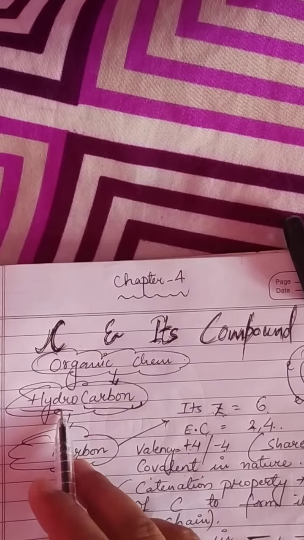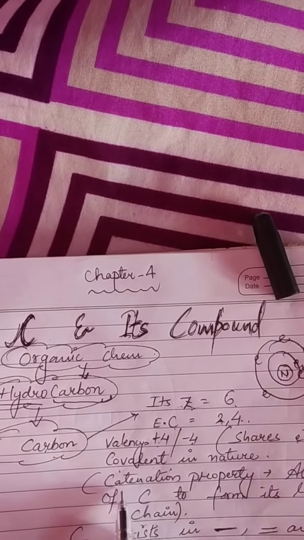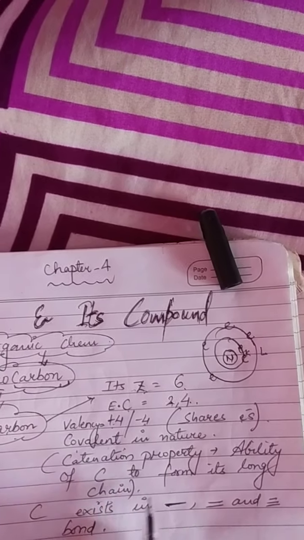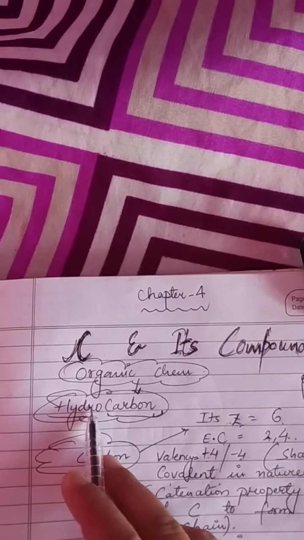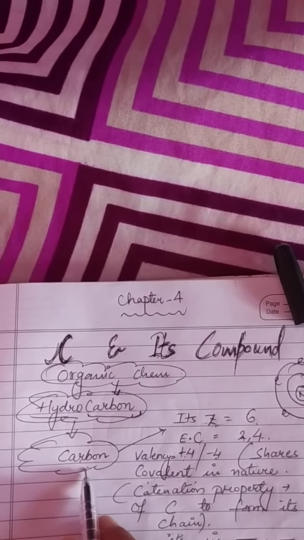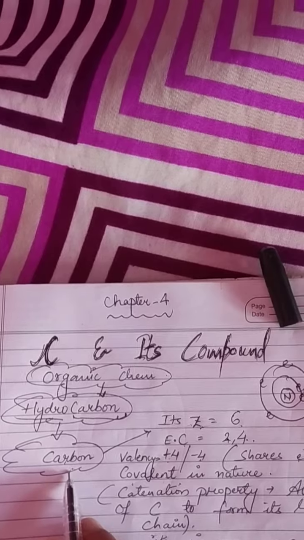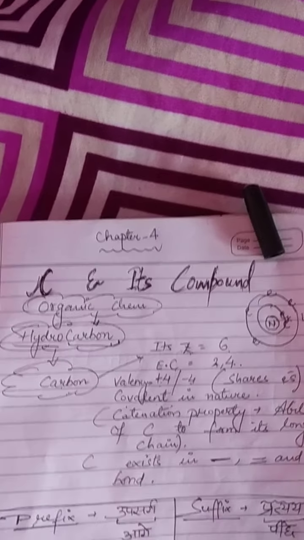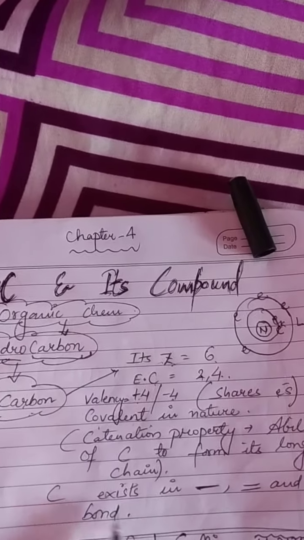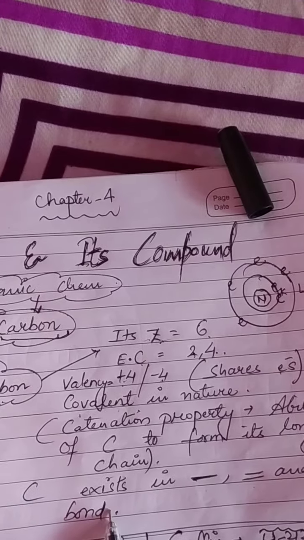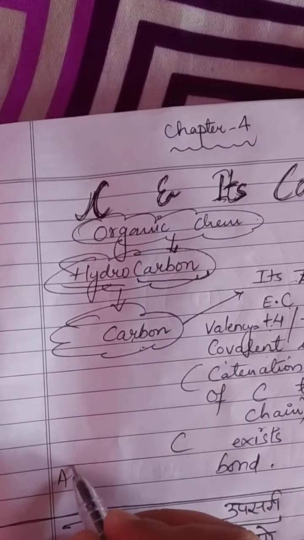As you know, we study hydrocarbons, so carbon has the ability to form long chains along with the bonding of hydrogen. This is called the catenation property. Carbon has the catenation property, that's why it forms its compounds in different states. Carbon exists in single bond, double bond and triple bond, we will discuss later on. And there are allotropes of carbon,